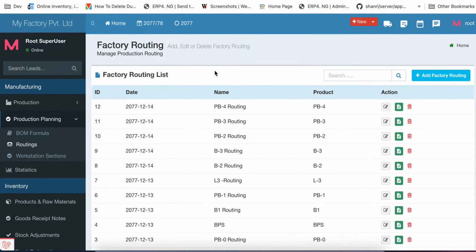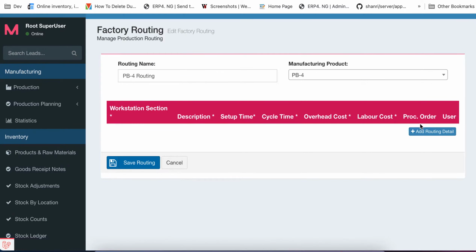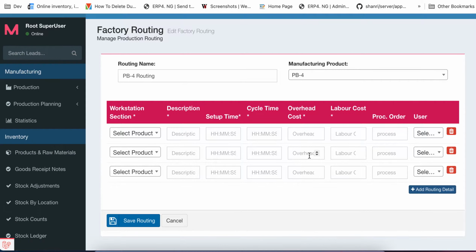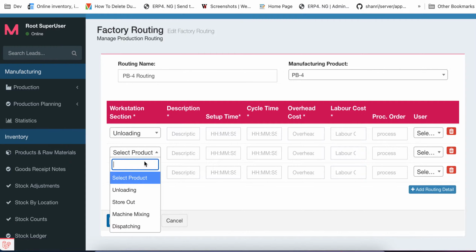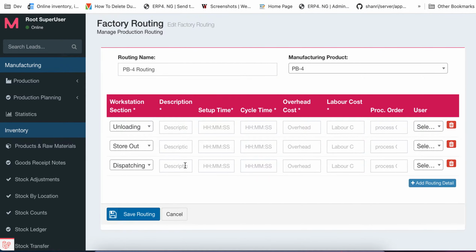operations, the factory operations. For example, let's say to make this PB4 product, we have the following operations. Okay, there is nothing here at the moment. Let's create a few. Let's create, for example, let's say first we unload the raw materials and then we get the material from the stores and then finally we dispatch. This can go as many as it wants according to the nature of the products. So let's say we just unload